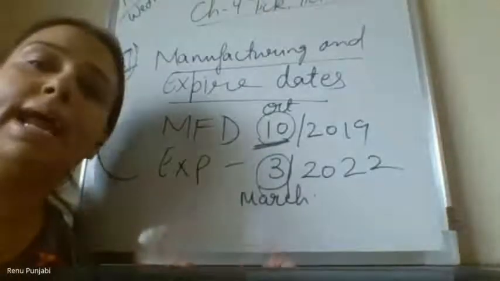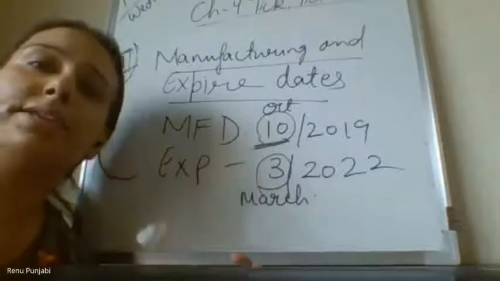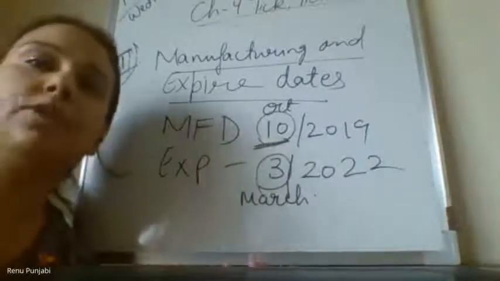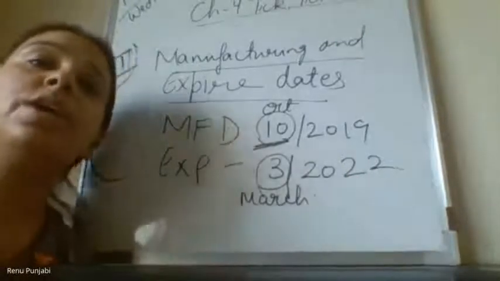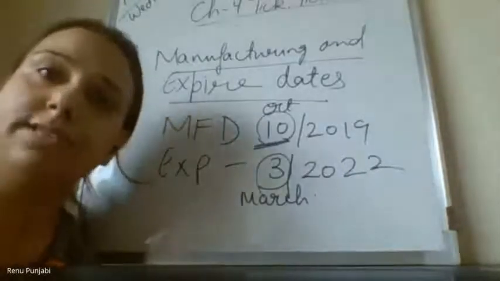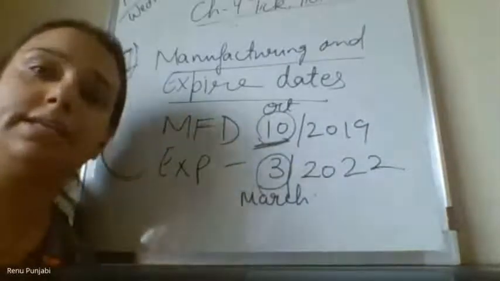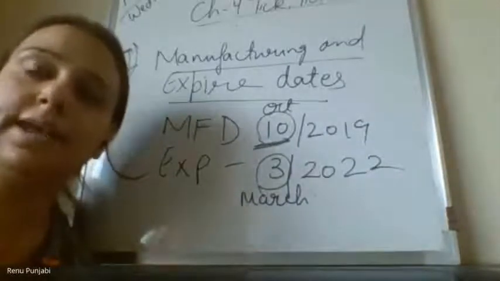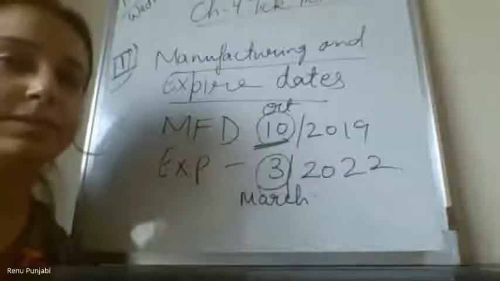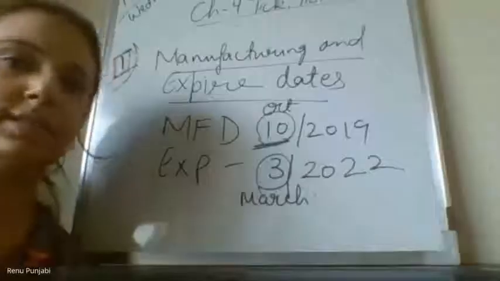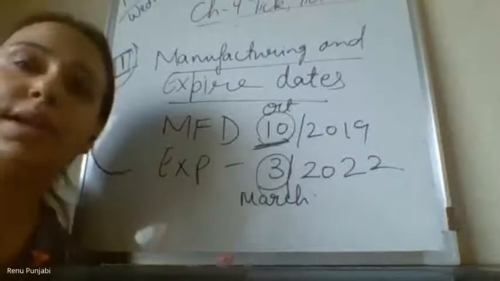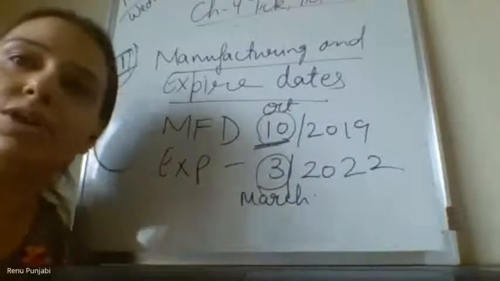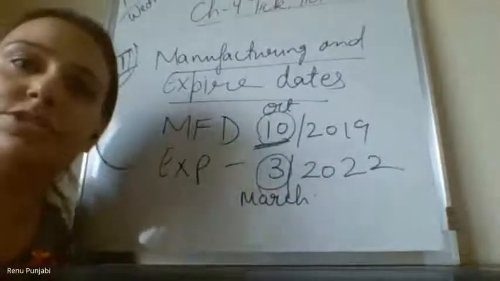Curd, bread. These are the products. And you also tell me in tomorrow's or the day after tomorrow's class which other goods we have to use fast. They have very few days to expire. Ma'am, single-use plastic. Yes, single use plastic, use and throw. Like when you take plates also, glasses also, they are single use.